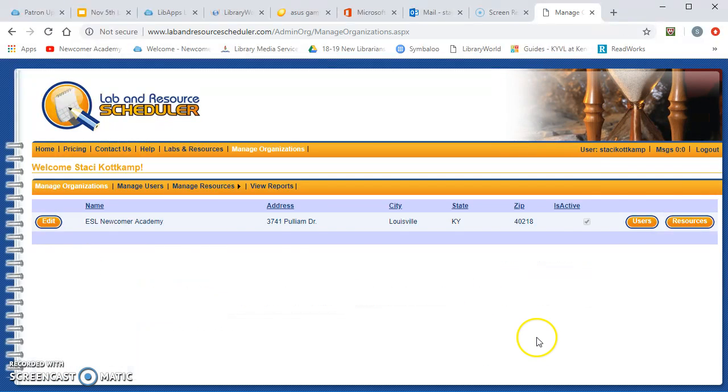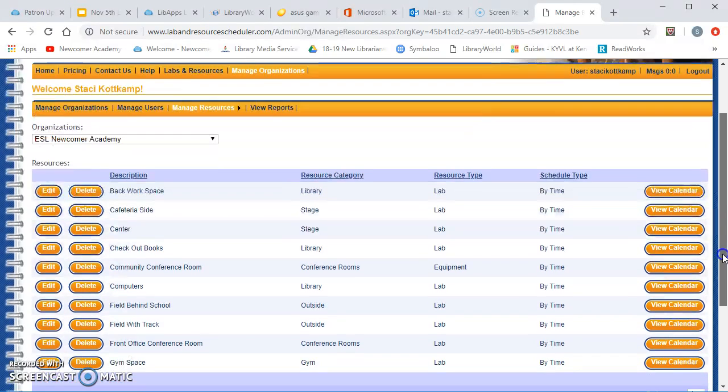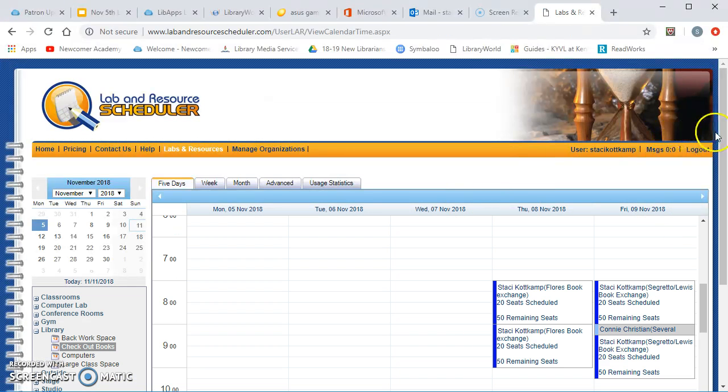In order to schedule a resource, simply go to Resources. I'm going to use Library Checkout Books as an example today. I'm going to view the calendar. There are different ways